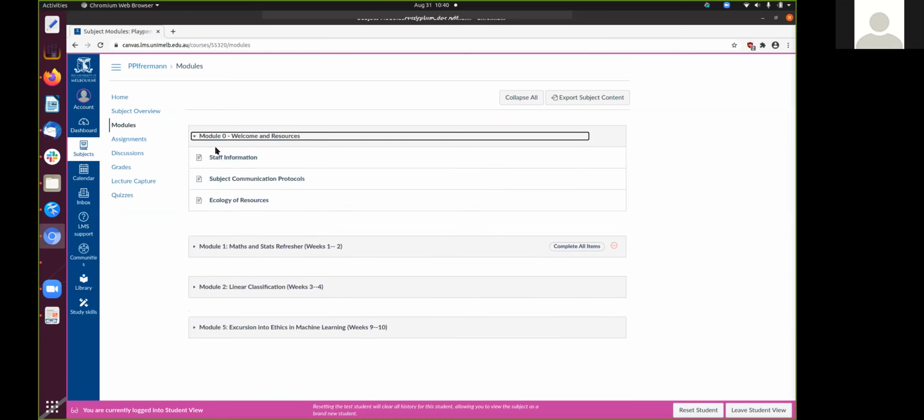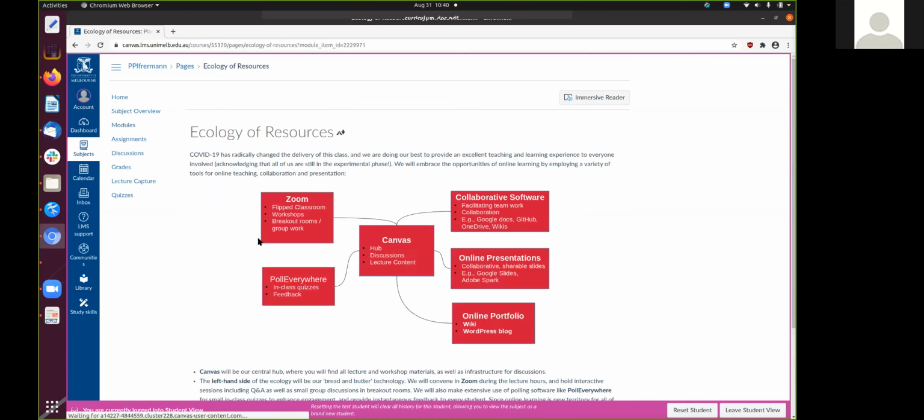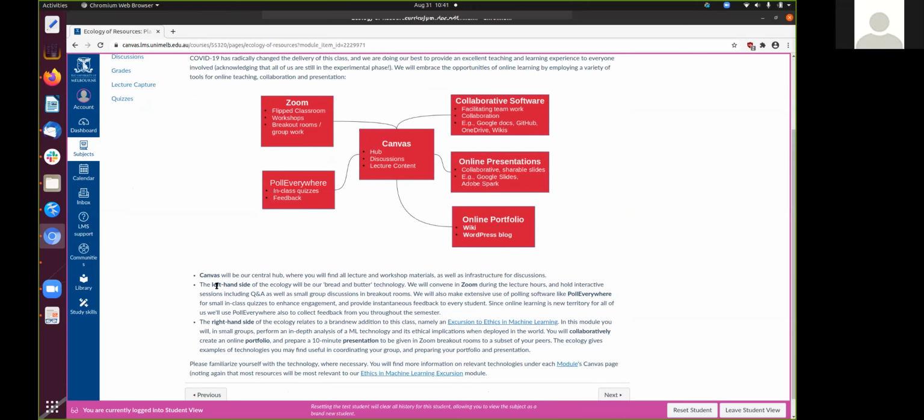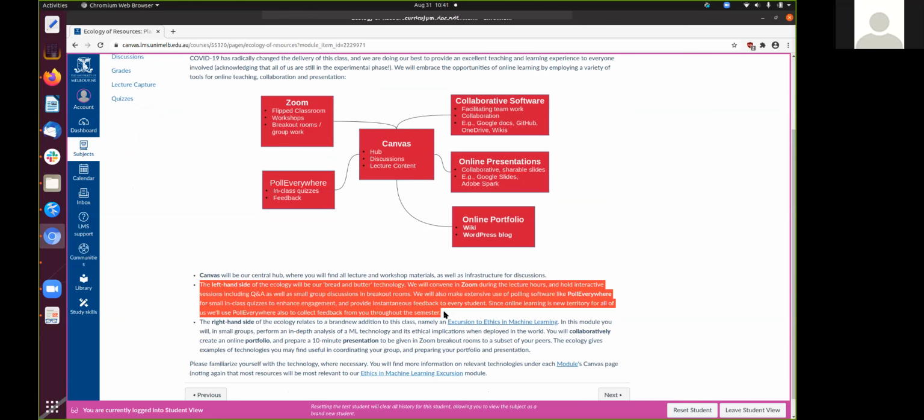And even before that, we have the welcome and the resources, with an ecology of resources page over here. So Canvas will be our hub. And then there's Zoom and Poll Everywhere. And I also make an effort down here to explain what the different resources are for and why they are